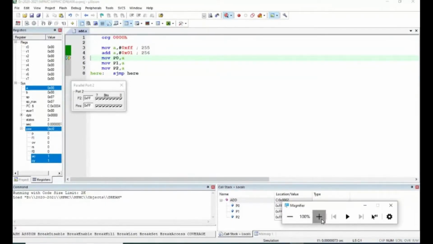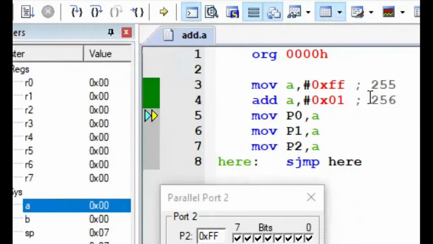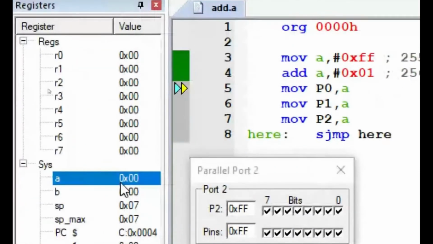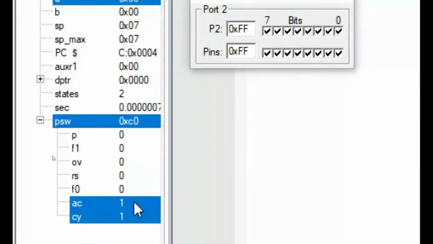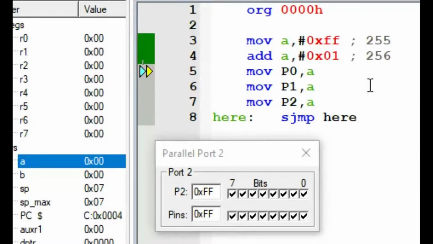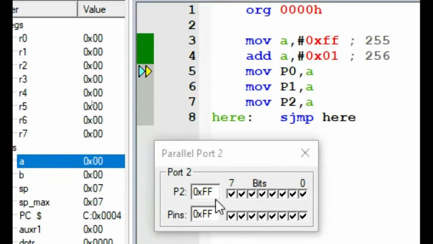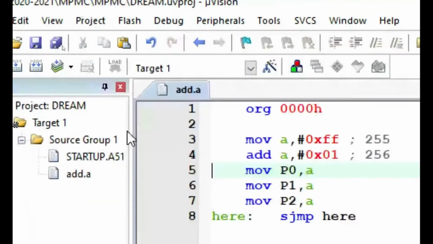Now you can observe closely. In the close view you can see that because of executing the fourth line, ADD A, #01, the accumulator has become 00. And if we come down and see, the carry flag was set. This flag notifies that a carry exists, which is very interesting. So we should not just send out the data to the port. You have to consider the carry flag also, and then modify the code. Let me modify the code, and then we'll do the correct code, which will be very interesting. With this understanding, you can do much better coding from today onwards.